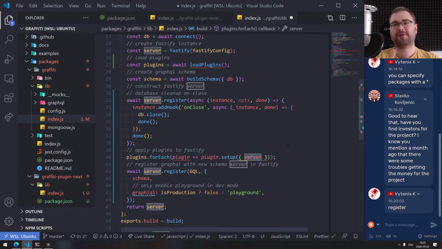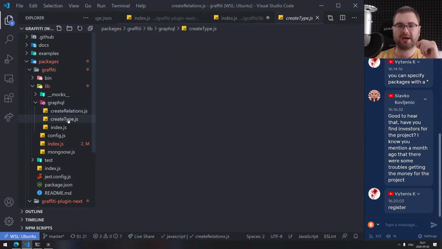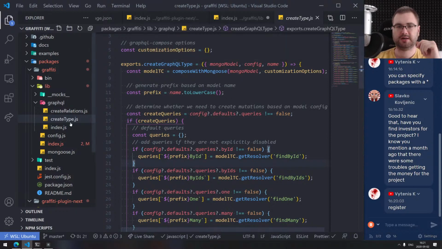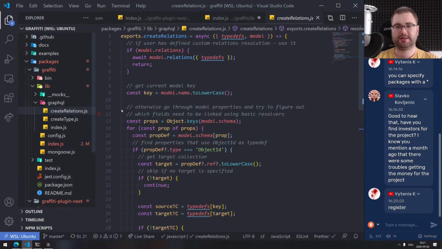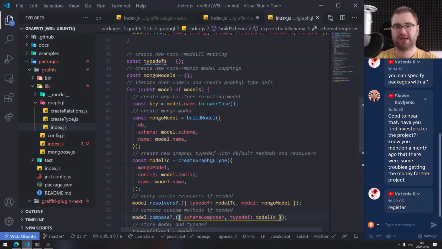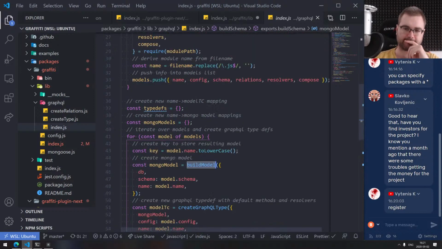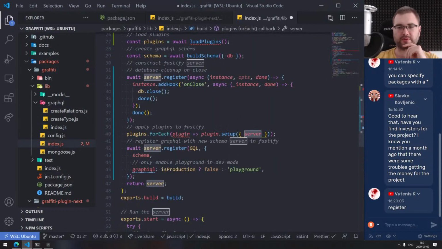I'm thinking. The thing is that the authentication plugin would have to tap not just into Fastify, to set up the login and register routes, but it also would have to tap into the create type and create relations and the overall thing. We'll have to create the model for MongoDB because we would need to expose the user model. So it's a bit more complex than this. But I guess we can start with the setup thing for the plugin, and that's basically